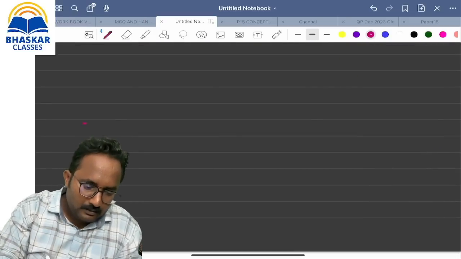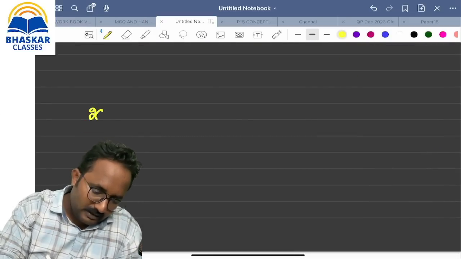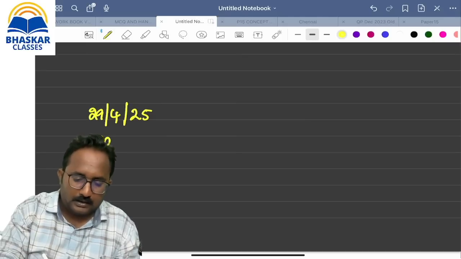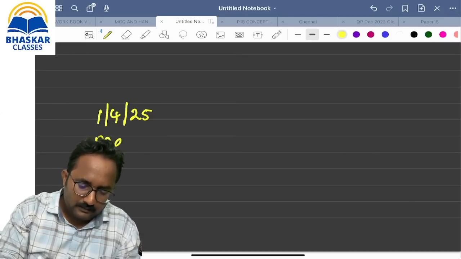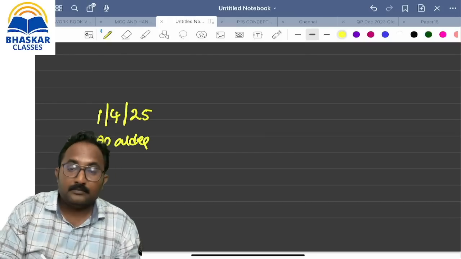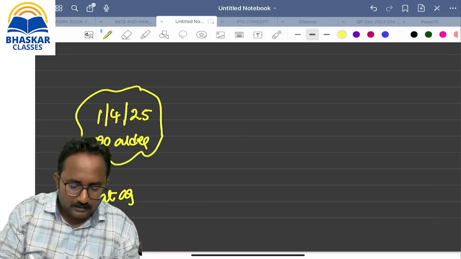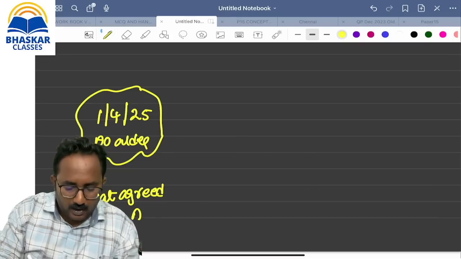Today, what is the date, ma? 29th April 2025. Suppose this is the date of the AO order. Sir, I don't want to take that. One I want to take. This is the date of the AO order. Okay. This is nothing but what, ma? Not satisfied by whom, ma? SSC. This is not agreed by whom, ma? SSC. Now SSC has two options.